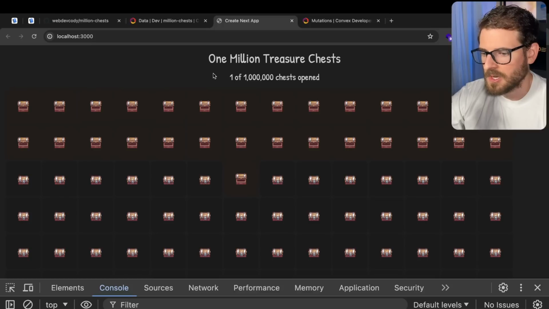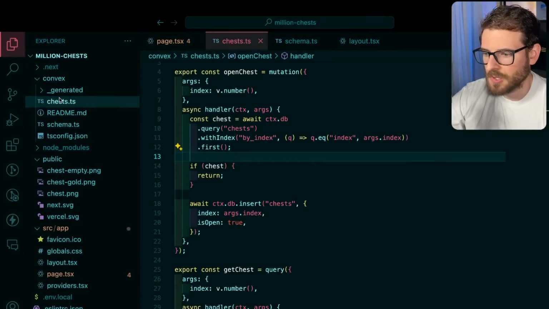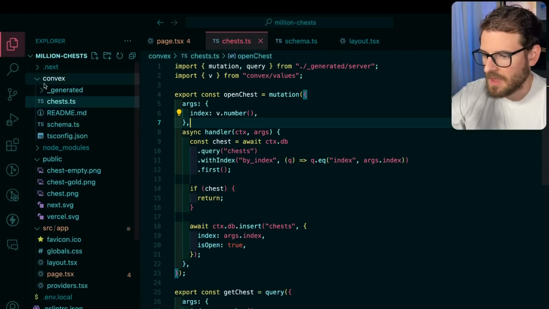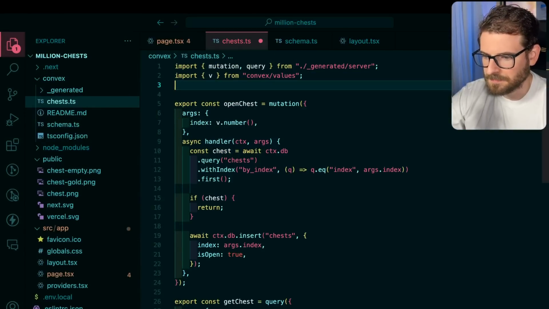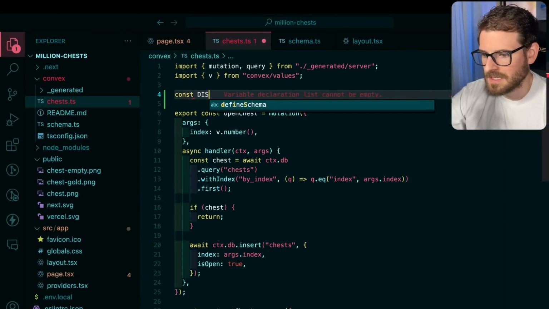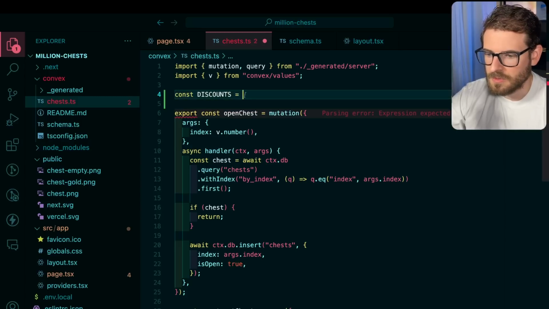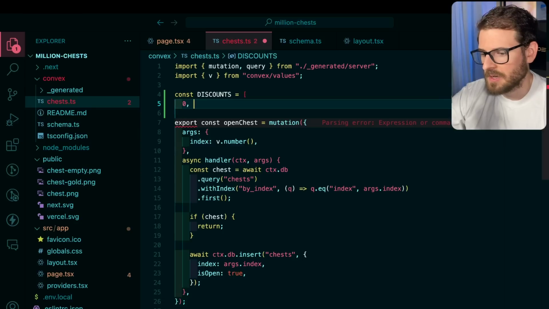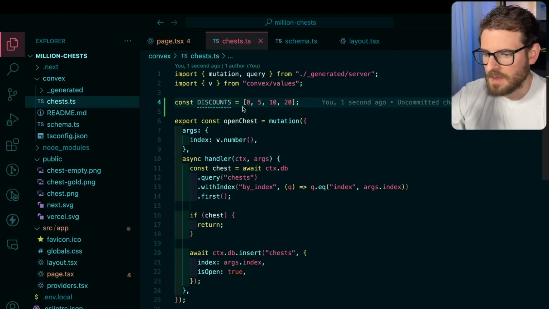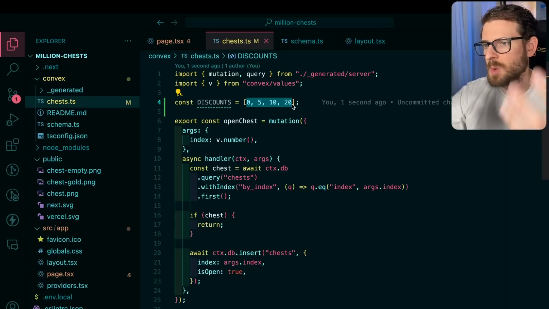Okay, so another thing I wanna do is some of these chests need to have like a discount coupon code. And I think what would be cool to do is we could potentially just have a hard-coded list of chests that are considered discounts. So I'm gonna say const discounts is equal to, and then we're just going to go ahead and add different indexes. So I'm going to say 0, 5, 10, and 20. And so if you were to select one of these chests, I need to show a discount code to the